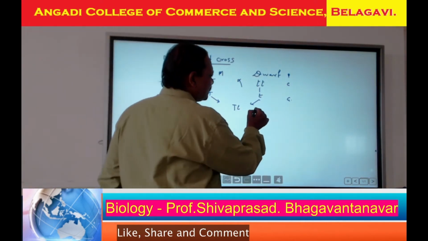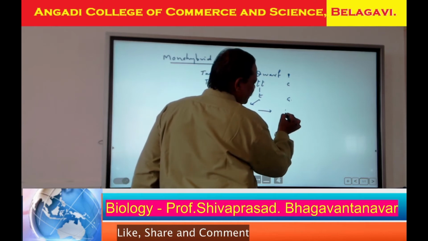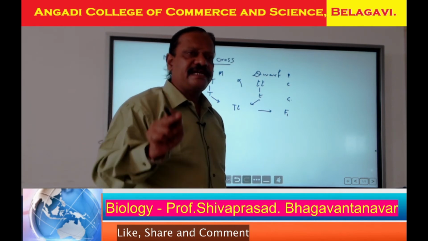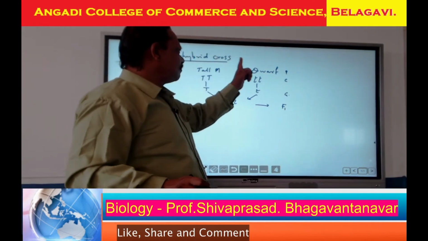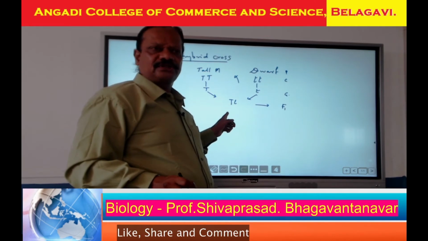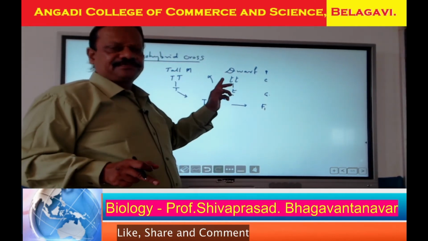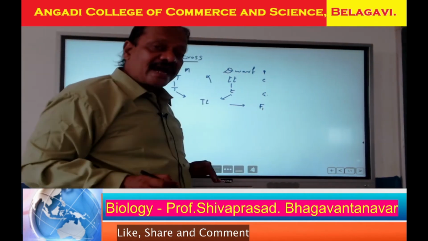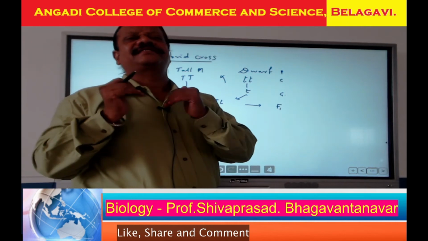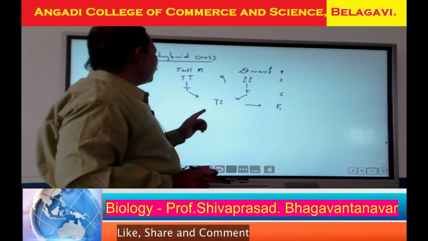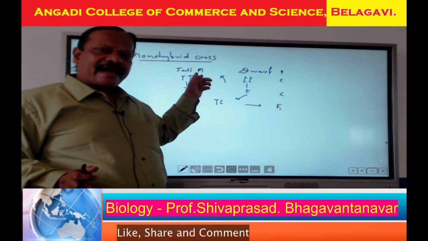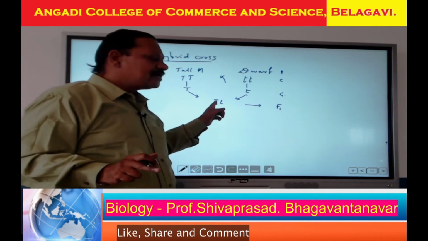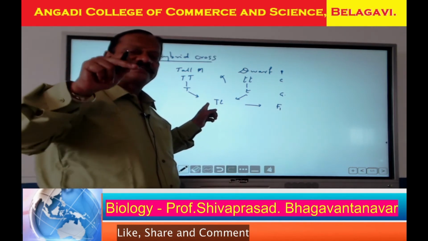This is the first progeny, we are mentioning it as F1, and we are calling it the first filial generation, like mother, father, son or daughter. So like that, you people can check it. Now here we got capital T and small t. Whether the plant is dwarf or tall is the question. Since capital T indicates the dominant condition, the dominant character is showing its effect.